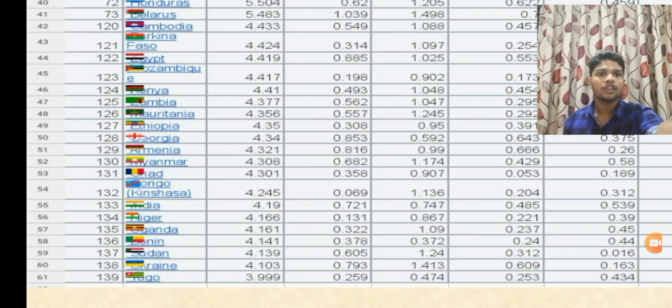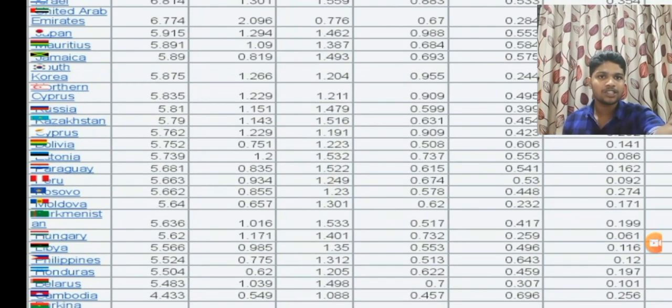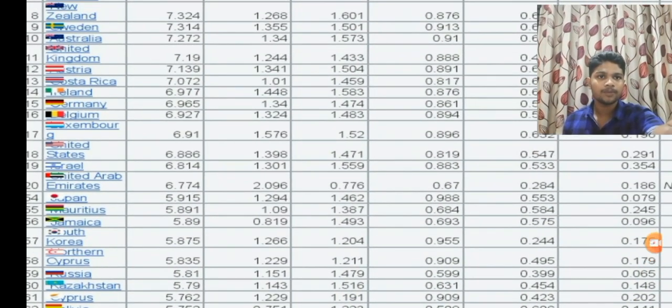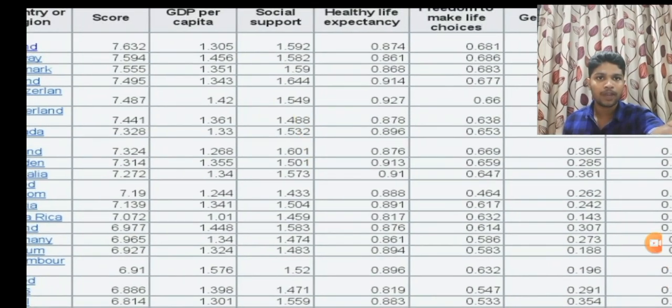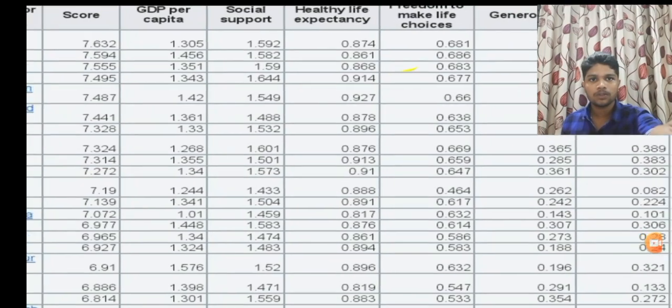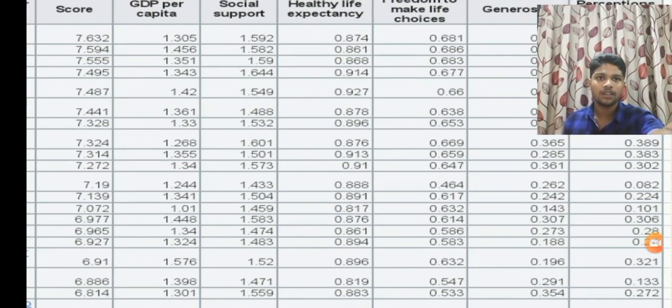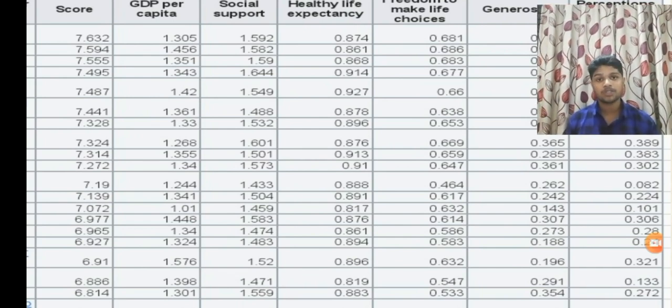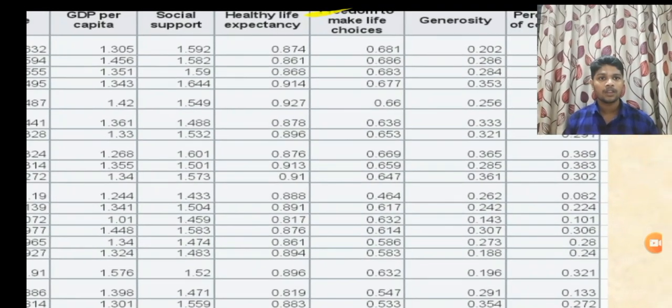And as I have mentioned, we have many factors which make up the happiness index: GDP, social support, healthy life expectancy, freedom to make life choices, generosity, corruption perception, and